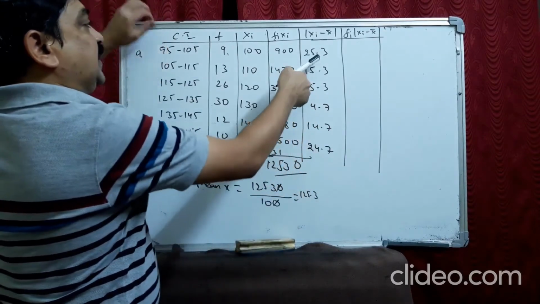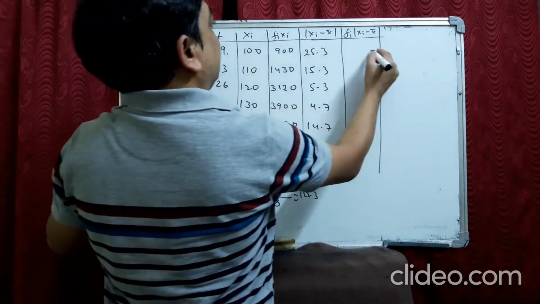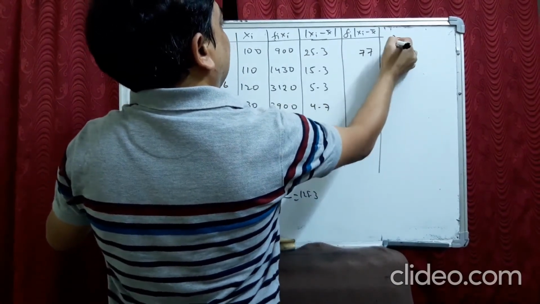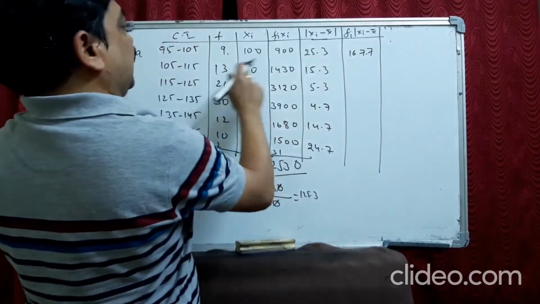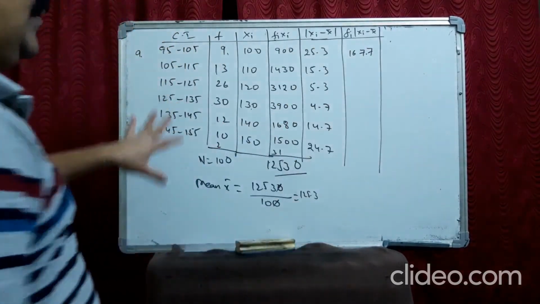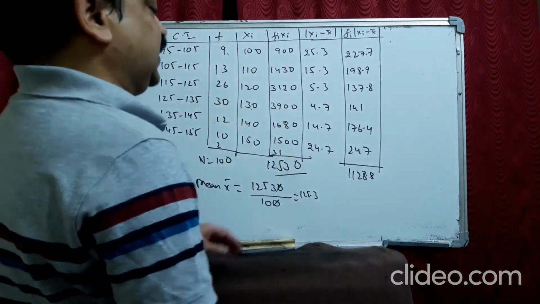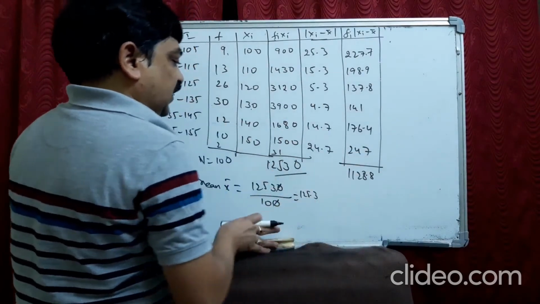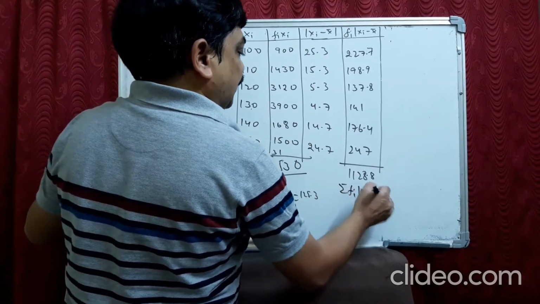Now you have to multiply this with f. Let us multiply 9 3 is 27. 9 5 is 45 plus 2, 47. 9 2 is 18 plus 4, 167.7. Now 13 into this. I'll multiply this and put it here. Just a minute. I did all this instead of wasting time because of the space here. So this is sigma fi into mod xi minus x bar.